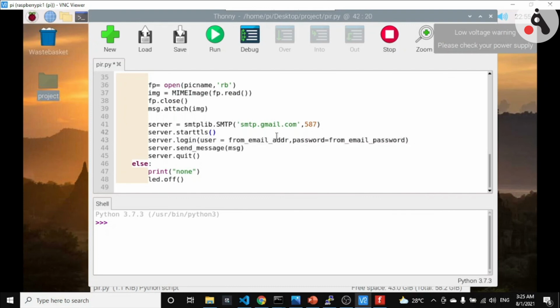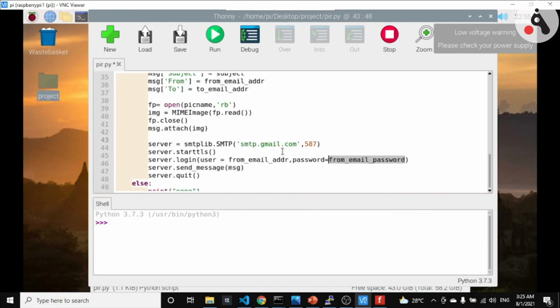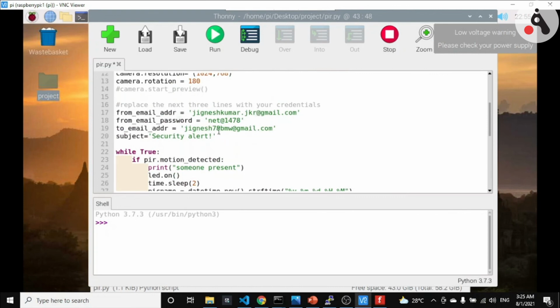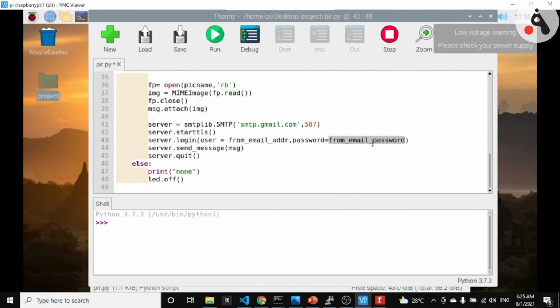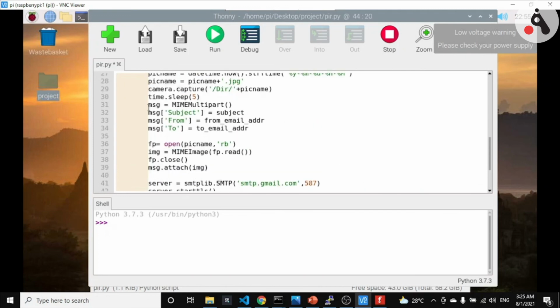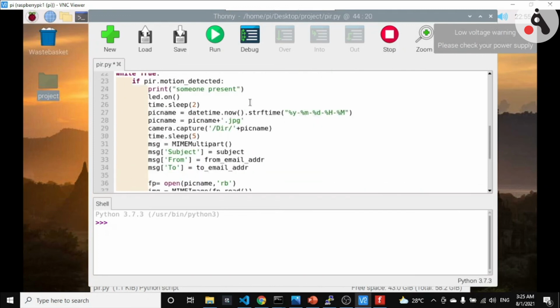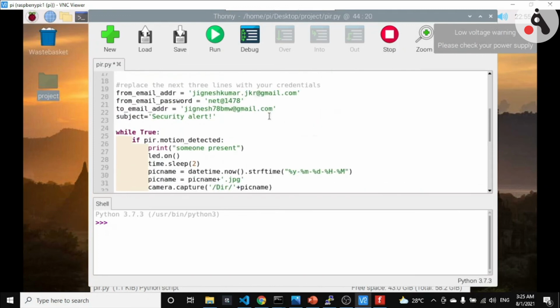We have already defined these globally, as you can see in lines 17 and 18, so we just use them from the global variables. After that we quit the service, and this is the part of the code used for sending the email. So that's how our code is working here.